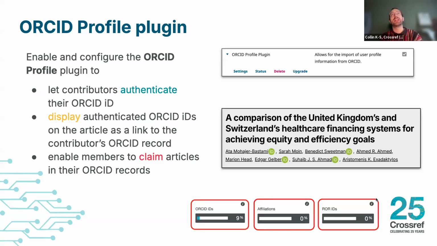There is also an additional ORCID profile plugin that you can add. What this does is that when a new article is published with an ORCID ID attached to it, that ORCID ID is sent to Crossref as part of the metadata deposit, and then the author's ORCID profile gets a ping to say that a new article has been published, and they can, in one click, add that article to their ORCID profile that authenticates that the author is who they say they are, and that in turn will show these little ORCID ID logos next to the author's names in your list of authors on your article landing pages.